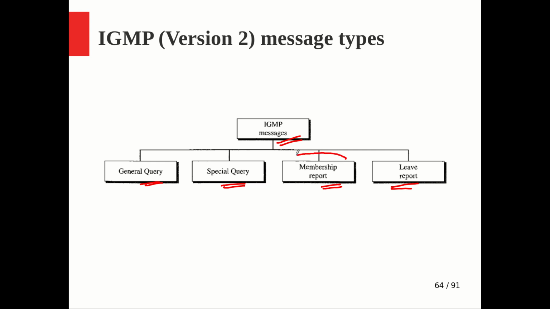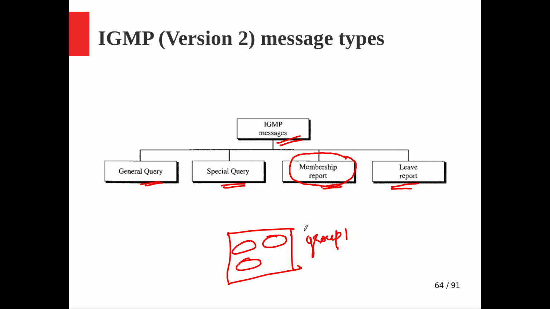A membership report is something by which a particular process or host shows its interest to join a particular group. If I want to join a group, it will generate a membership report containing that group ID and also its information: I want to be part of this group. It is typically generated in two contexts. If you look at a host, there will be a number of processes running inside, right? And a particular group, say group 1, will have some address, and all that we will see.